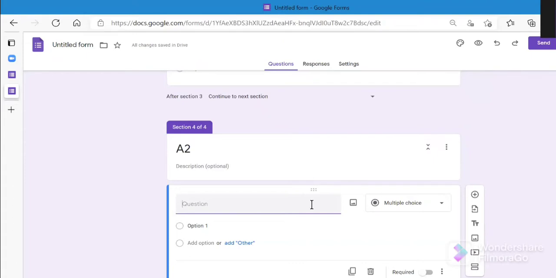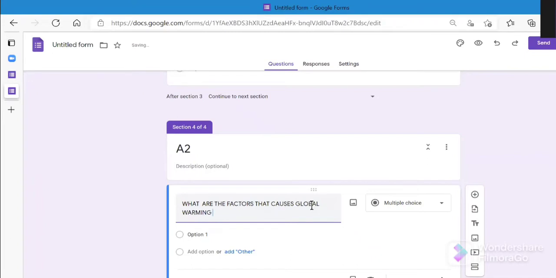So now let's see if I want them to answer more than one option. Like maybe sometimes, you know, there's not a single option for everything. So you think that every option given below is correct. So for that case, let's see, what are the factors that cause global warming is my question. So there could be multiple reasons to it. So one would be